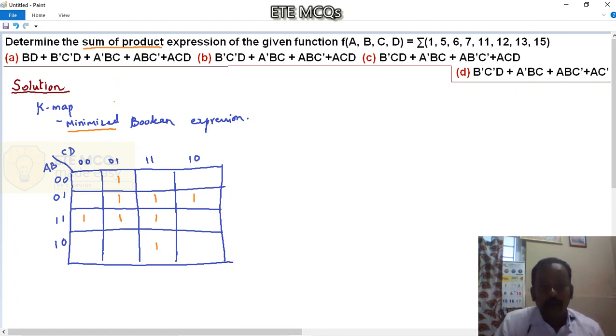When you perform the grouping, the first rule is that you should group the one which has less combination for grouping. That is the main hint you are supposed to follow in K-map. You need to choose a one which has only one probable grouping.